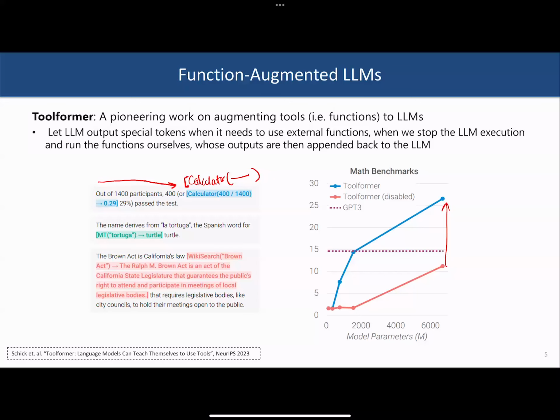So for example, how OpenAI does this is, when you get to this point, instead of starting with these special characters of open close brackets, they output a JSON. Stop the execution, output a JSON, and say, the LLM requires you to call these APIs or these tools. You call them, and then you continue the execution.